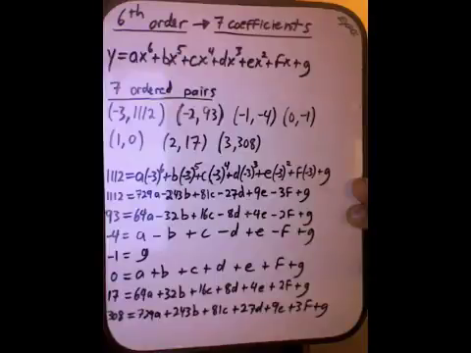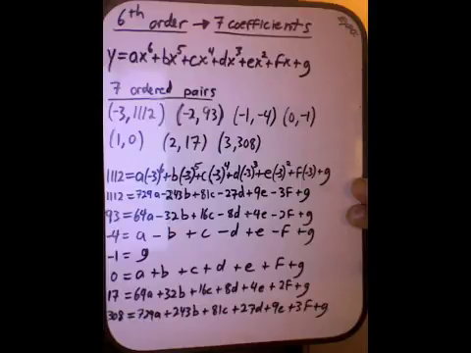In response to some help requests I've gotten for part 1 of the project, I decided to make another example for you guys to follow through with me, and I've constructed it more from the point of view that you have. That is, that you've been given a mystery polynomial and the points, and you have to figure out what it is. So, if I am hiding from you, my partner, a 6th order polynomial, that polynomial could have 7